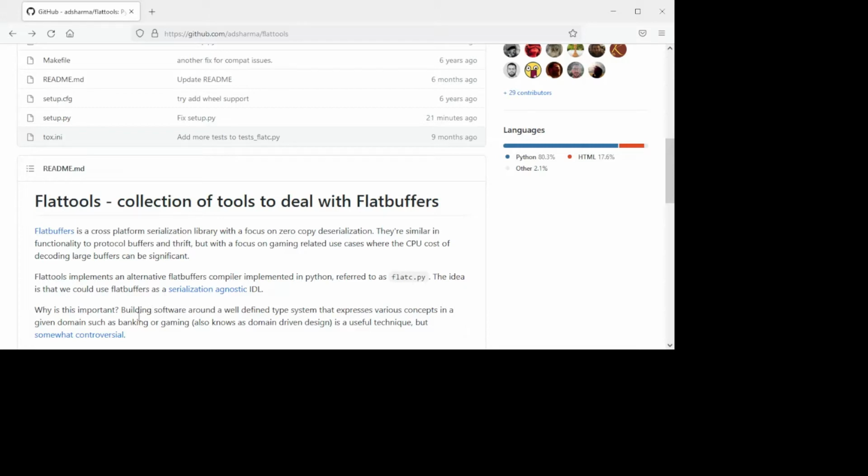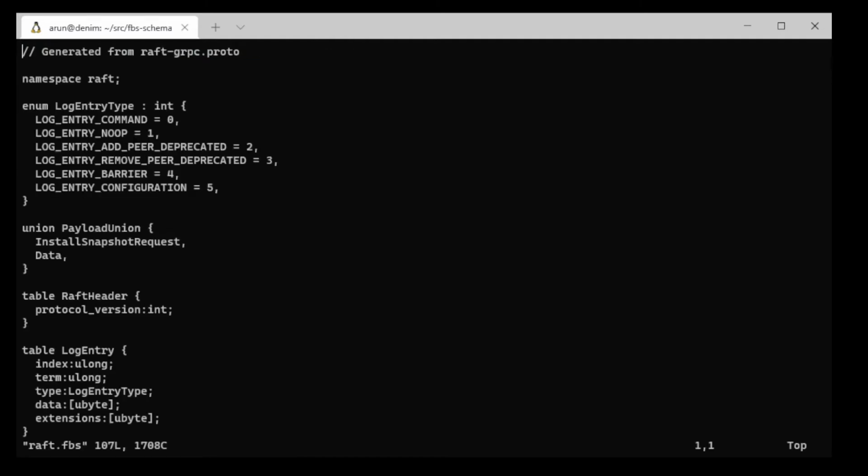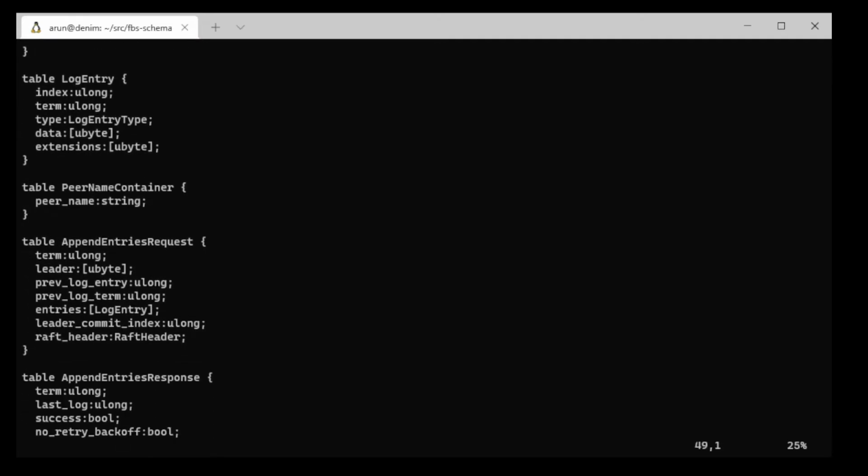So let's look at what this thing looks like. I want to show you an example Flatbuffer file. This one is a file that describes the data structures involved in the Raft distributed consensus algorithm. It has a few constants, structures, and various log entries and things like that.